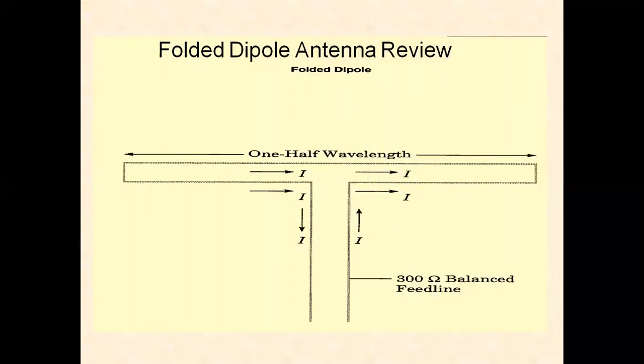This is the folded dipole structure. 300 ohms balanced feed line. The modulated signal is applied here to the transmission line, then it is radiated into space. The impedance of this folded dipole is 288 ohms, and impedance of the free space is 125, which is closely equal to 288 ohms, and hence there is a better coupling of this particular antenna with the space impedance. Thereby, maximum power is converted into electromagnetic radiation.